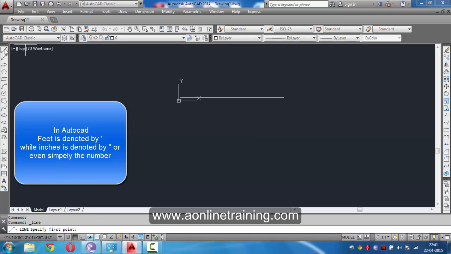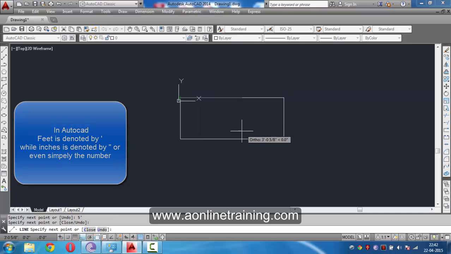Go to the line tool again. Come to the corner of the object. This corner of the object, which shows me the endpoint, is my snapping option. Click over here. I will go down here and check on the ortho mode in order to get perpendicular lines for my rectangle. 2 feet is the width, 5 feet is my length, and I'll go back over here and just click over here in order to complete my rectangle.